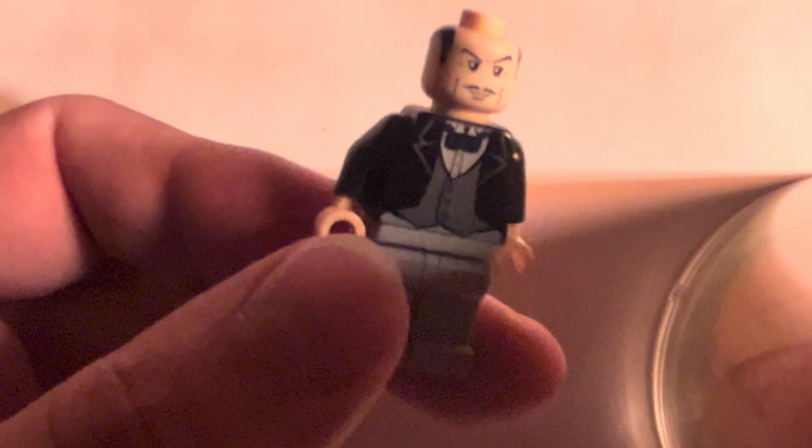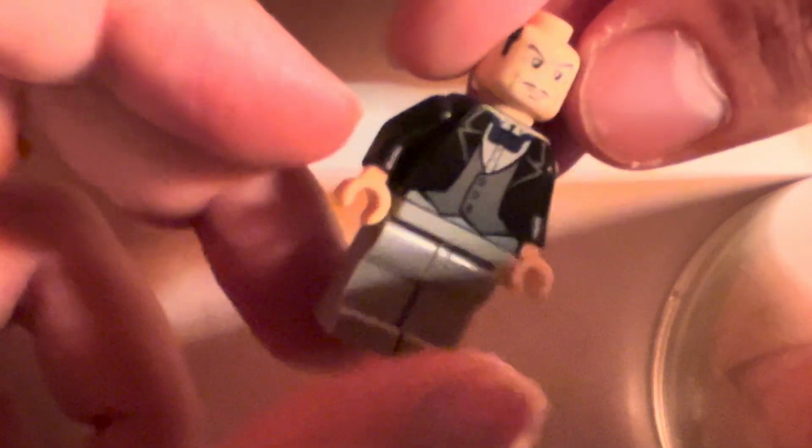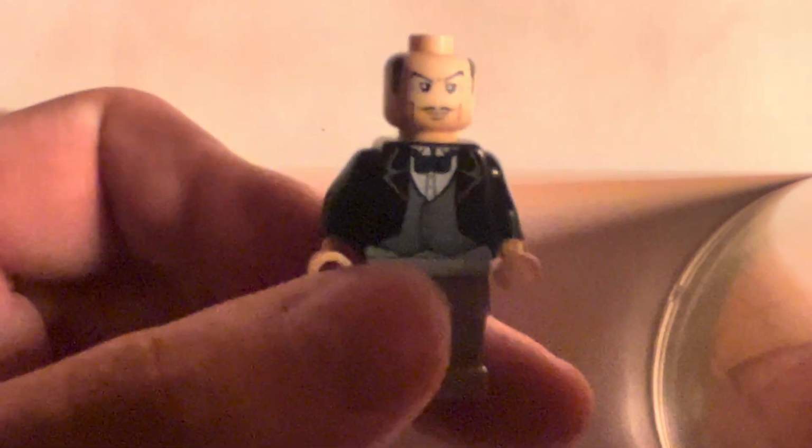Very cool. I was looking for him for quite some time, actually. I got him for, like, I think $25, like, really cheap, because he has these really weird cracks in the torso. It's like diagonal cracks in the back, and they're on both sides. I don't even know how that could have happened, but I didn't even notice. Or I did notice, but I didn't care, because I just really wanted the figure. And there's no cracks on the front, as you can see. It's just those weird cracks on the side and almost back, a little bit in the back there. But yeah, I just really love Alfred, and I love these classic Batman figures, so I was very happy to